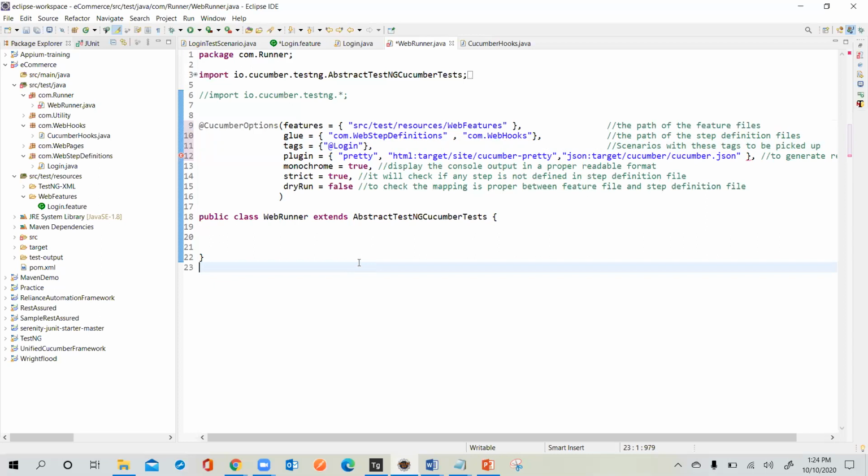And next one, by seeing the tags itself, I think you now understand why we have kept this one as login. Now, what test cases do I want to execute? I want to execute @ck or smoke or regression. Those are all things we can keep here and we can execute. Now I don't want to execute the smoke test cases, but I want to execute login test cases.